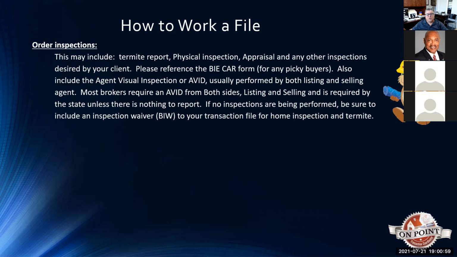Now, there's only one loophole there for the AVID, and that's on the transfer disclosure statement. And some of us have seen these. So when you're filling out an AVID, if it just says looks good, nothing to report, new floor, if there's really nothing on the AVID that you visually see is wrong with the property, there's no reason to fill one out. And you can mark that on the TDS, which is on page 3 of the transfer disclosure statement, saying that there's nothing to report.